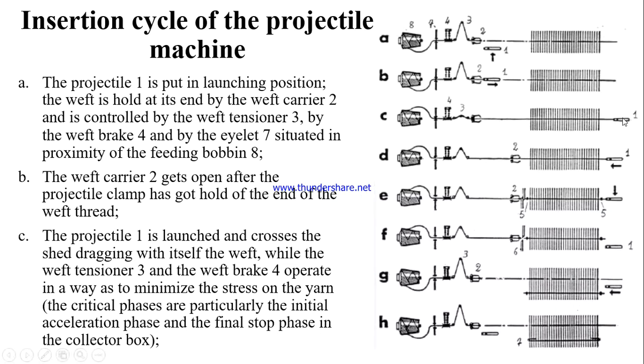And during the weft insertion, the yarn has a velocity profile. Initially, there will be high acceleration and high velocity, and gradually that will be stopped, or the velocity or acceleration will be reduced, and that is controlled by this weft tensioner 3 and the weft brake 4. You can see the position of the 3 has now been reduced to control the weft tension, to keep the yarn tension uniform across the picking cycle.